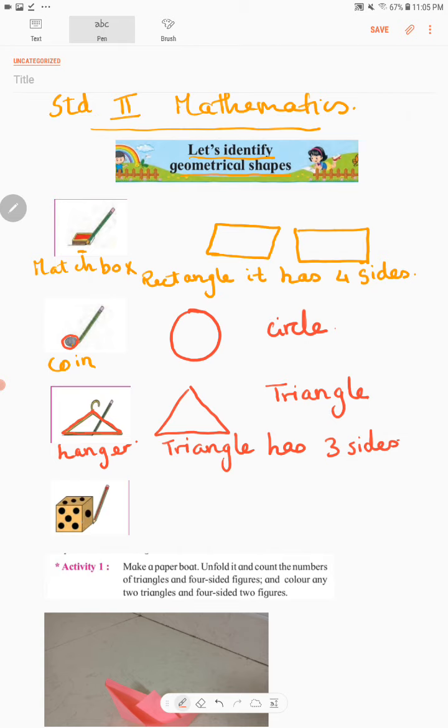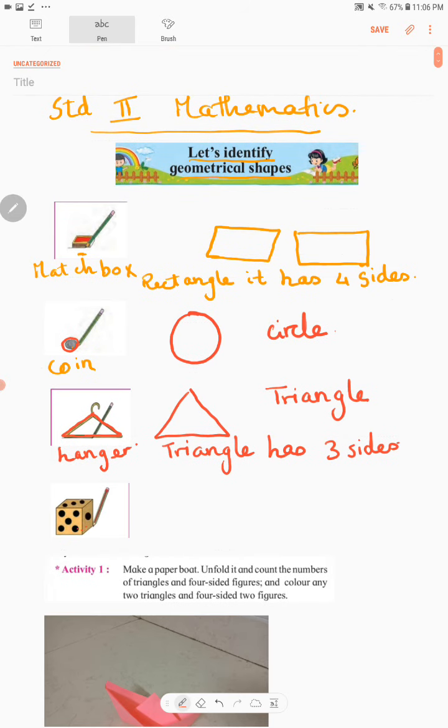Now what is this? It's a dice. In which board game do you play with this dice? Yes, it is the Ludo or the snake and ladders. Have you seen a Ludo and a snake and ladders? Yes. Now if I roll a pencil around it like this, what shape will it form? It will form a square. And a square has four sides.